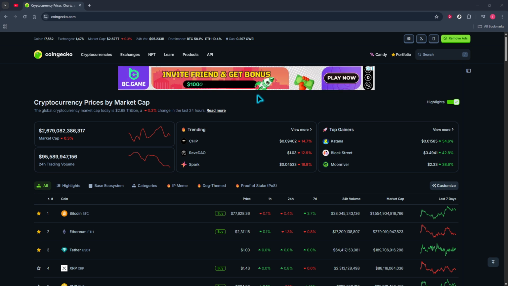Open your browser and head to CoinGecko.com. This is the main dashboard for live cryptocurrency prices, charts, and market caps. On the home page, you can browse what's trending or simply use the search bar at the top to find